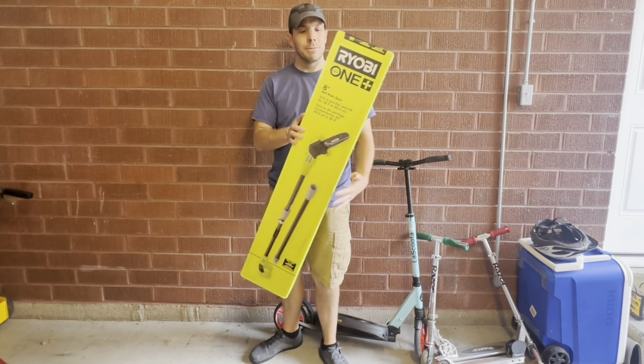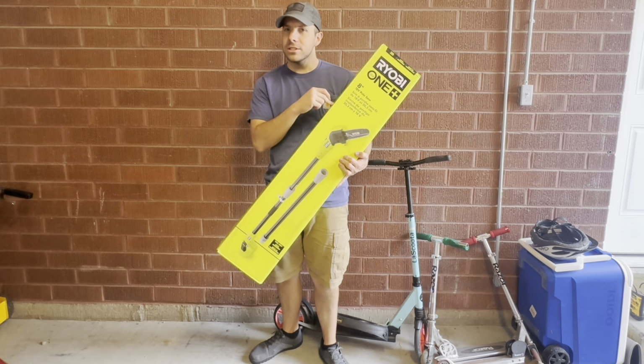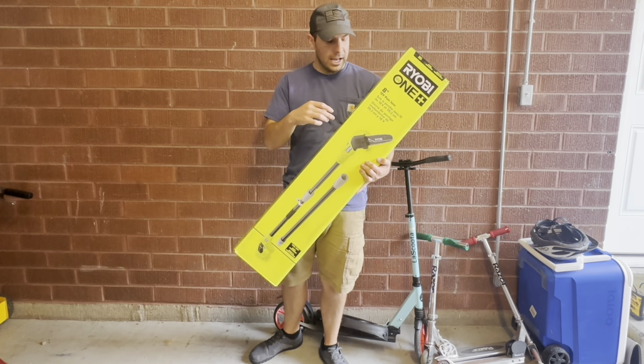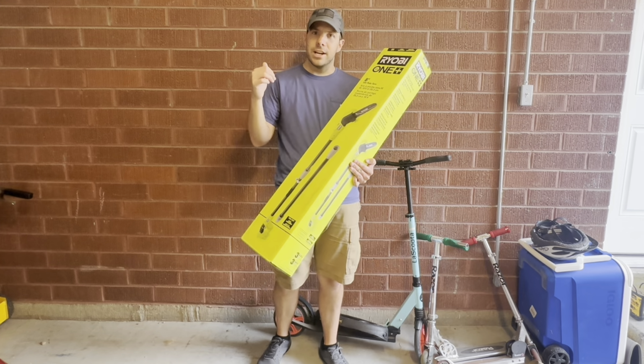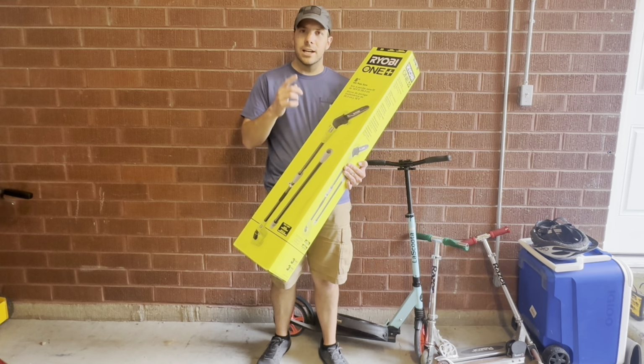Alright guys, today we're going to be talking about the Ryobi 8-inch pole saw. So it's the 18 volt. It's going to extend up to, I think, 9.5 feet. We've got a big tall tree outside. It's got dead branches on it, so we're going to go ahead and cut those down and give you